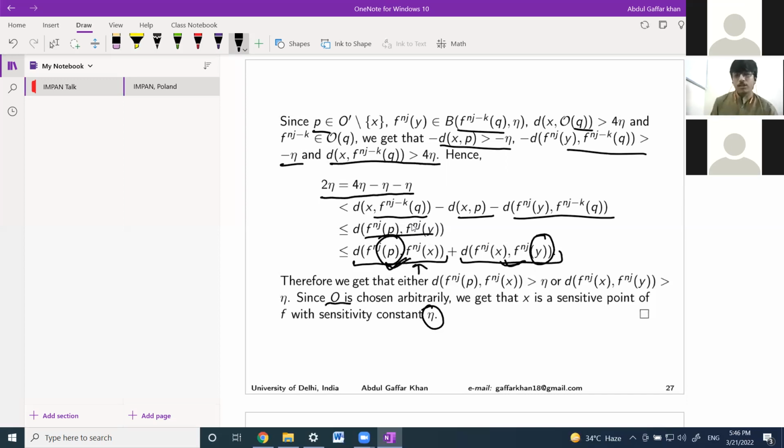So again, we establish that sensitivity is redundant in the definition of a Devaney chaotic point, and one can observe there are well-known examples. Using those examples, we can see that if we drop one condition, then the other will not hold. That is, transitivity will not individually imply sensitivity of a point, and density of periodic points will not individually imply sensitivity of a point.